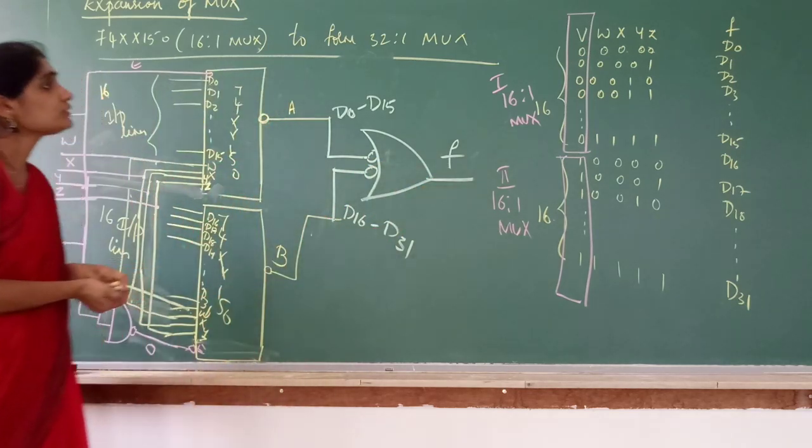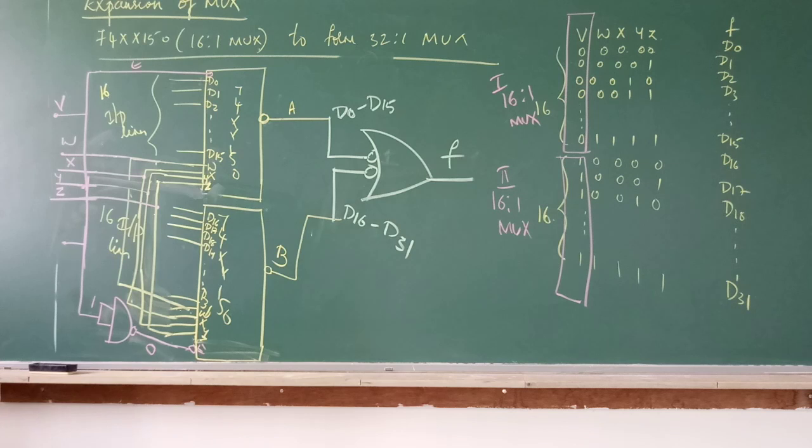Okay. So this is how a 32:1 mux will be configured by using 16:1 muxes. So this is how the 16:1 mux is expanded to a 32:1 mux. This is not asked in your examination, but since it is there in your textbook, I thought I'll explain this. But the logic is very simple, where the MSB bit is used as the enable input. Okay, this is not a new topic. For decoder expansion also we have used the same concept. The MSB bit is used as an enable input, as the MSB bit will be having 0 for half the set of input combinations. For the other half it will be having 1.